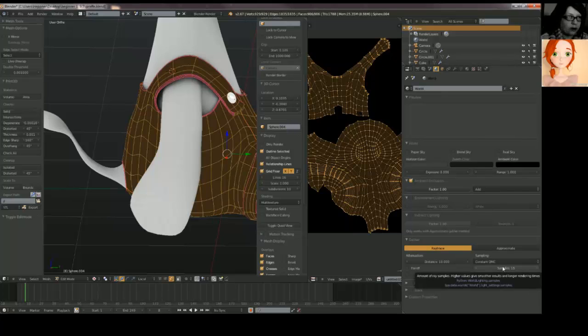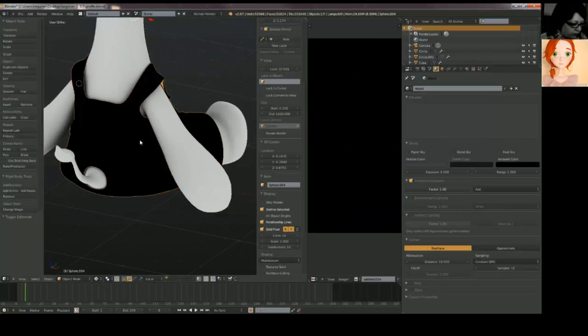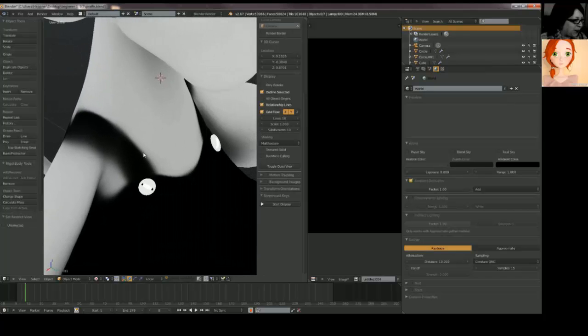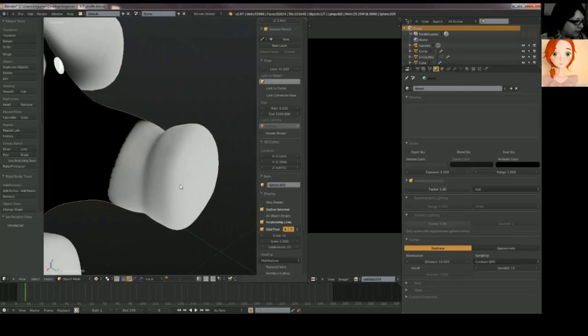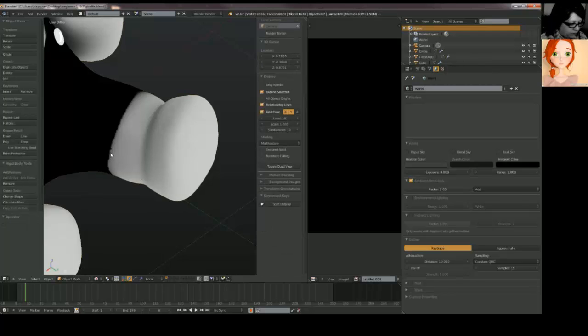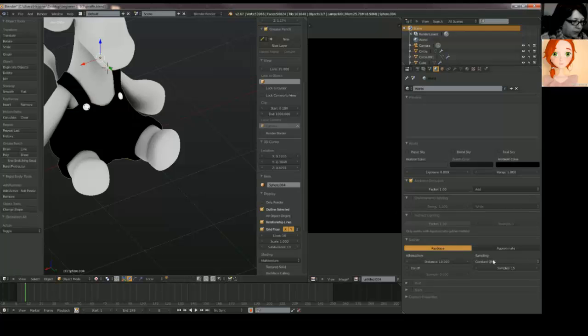The default setting is 5, but 15 is very fine and high. I've used it here at the bottom too. Those are the shadows from the pants. Okay, set it to 15.